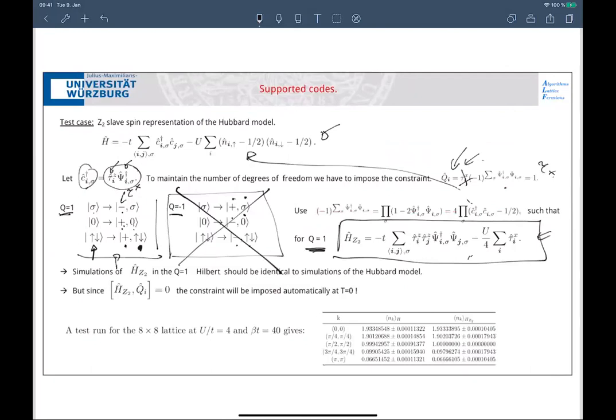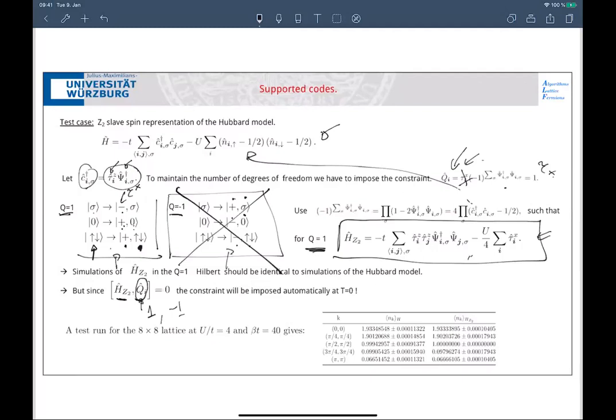Actually you don't have to do it, because you can show that this HZ2 commutes with this constraint Q of I, that's equal to 0. Since Q of I is an Ising variable, it's plus or minus 1, then at 0 temperature, it will order. And I know that it orders, because I can measure it, it orders ferromagnetically. So if you go to 0 temperature, this Q of I will be automatically 1 everywhere or minus 1 everywhere. If it's 1, then I've chosen this representation. If it's minus 1, I've chosen this representation. But I could have kicked out any one of the two and I would get the same thing.